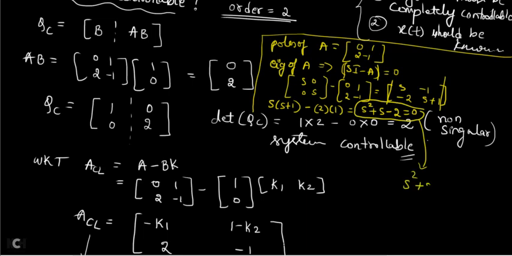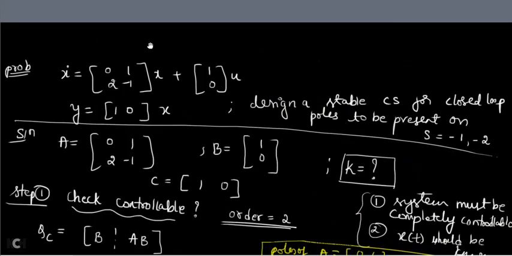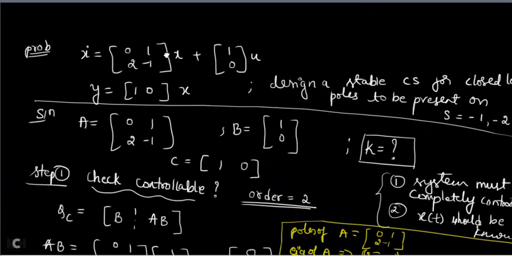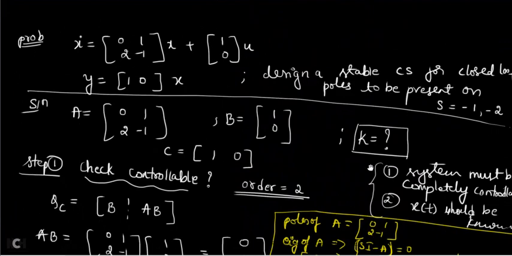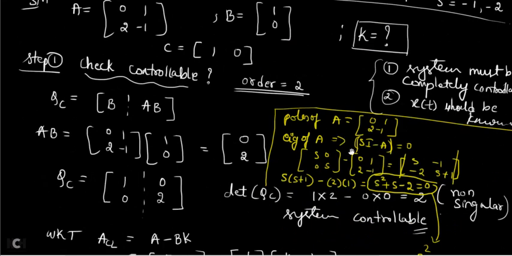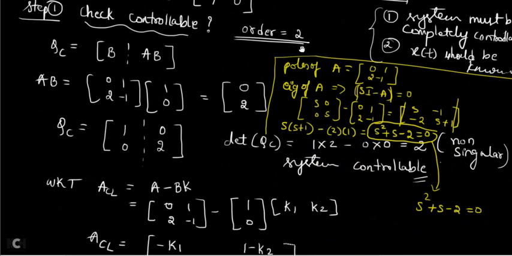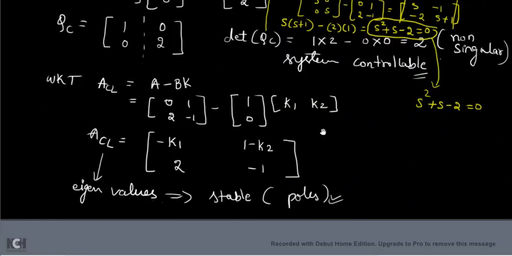This is the equation you got before designing. Okay, before designing means when the problem is given initially. When the problem is given initially, directly without designing, I have calculated the poles of A. So if you solve this equation in the calculator, where are the poles you are going to get? One pole S is equal to -2 and another pole S is equal to +1.